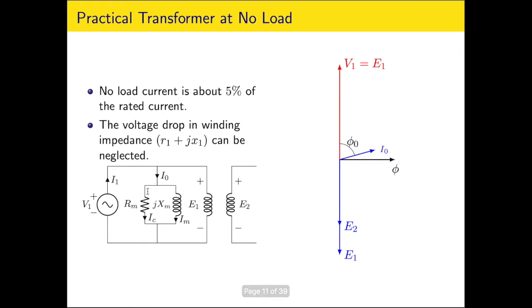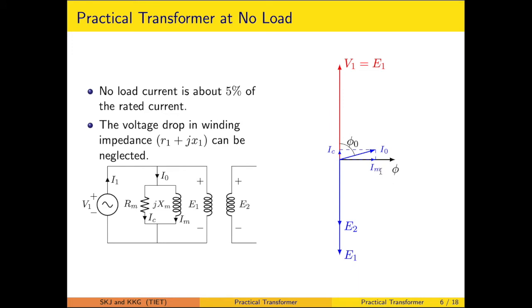So this is marked likewise, that is the I0. This phi 0 comes out to be close to, let's say, 75-80 degrees for practical consideration. However, the effort is made for large power transformers to have this angle closer to 90 degrees. As mentioned, this I0 consists of two components, IC, which is the core loss component of current, and IM, which is the magnetizing current component. So they are represented, resolved and marked likewise.